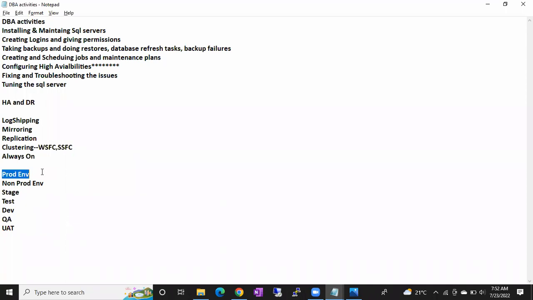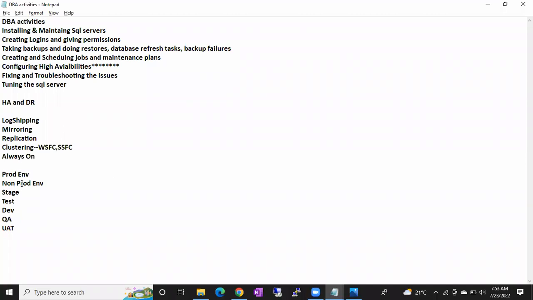In the same way, if I want to make any change on the production servers, I don't do it directly. Why? Because I don't know the impact of this change. If that change leads to the server going down, then your business will be down. That's why first I test the logic on non-prod. If it is successful, or if there are any challenges, I fix them, and then I apply the same change on the production server. That's why we have so many environments in the organization, guys.